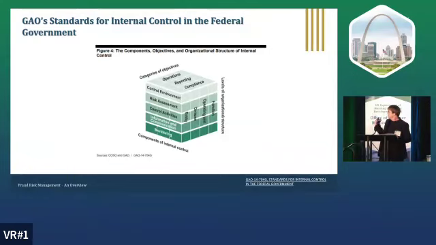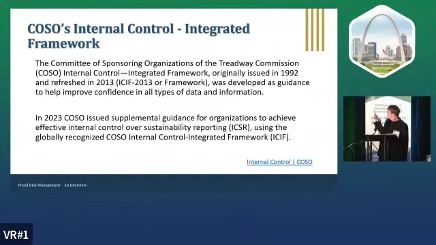The top of that cube is your operations, your reporting, and your compliance. Those are your entity. Your entity is made up of the other side of the cube, the divisions. So it might be your management, it might be your individual units, your organization, but everything is tied in one way or another to those 5 components of internal control. They fit together. They are the gate that can keep your organization safe. COSO, I'm not going to go as deep into it because it really almost mirrors Green Book.